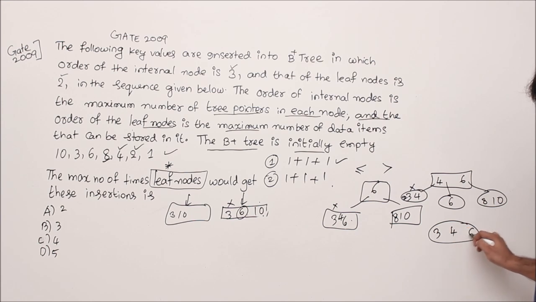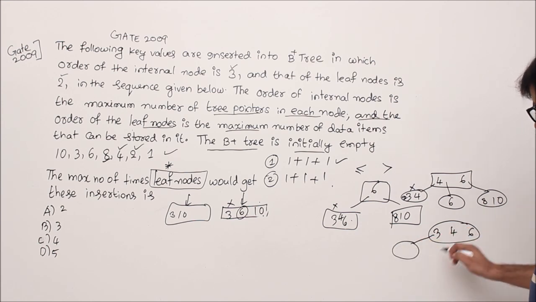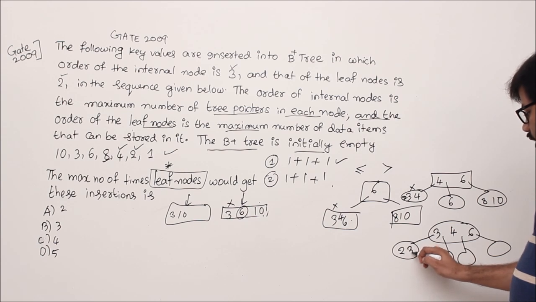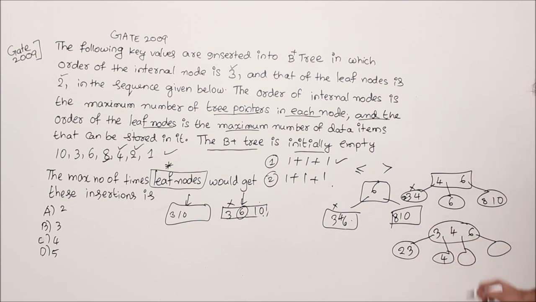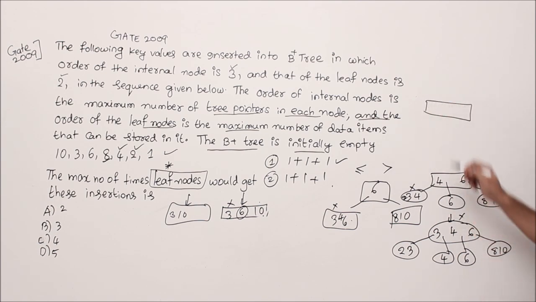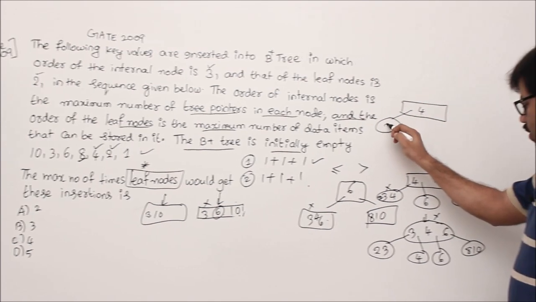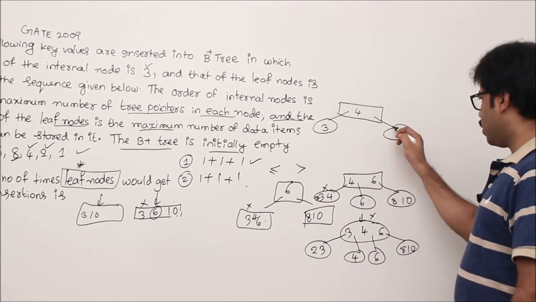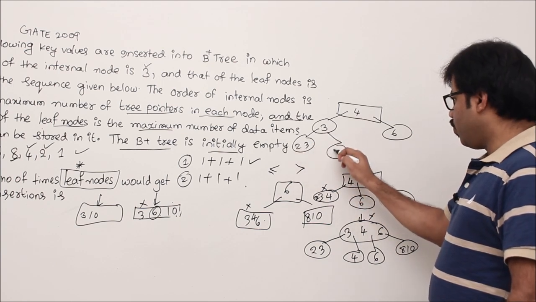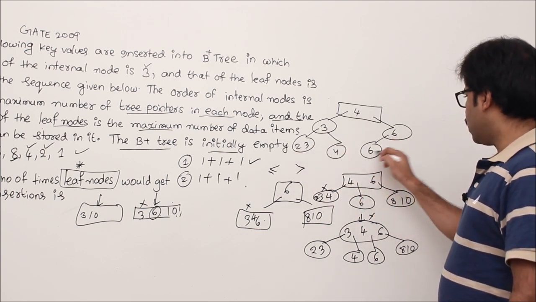3 4 6 in one level. 3 is left. 3 4 middle and 4 6 middle. 6 right. So here we know that 2 3 will be this side in this model. 4 will be here and here 6. Here 8 comma 10. Now we have to further split, correct? But it is an internal node split. We should not count it. You get like this. So 4, 4's left 3, 4's right 6. So 3's left is 2 3, 3's right will be 4 and 6's left will be 6, 6's right will